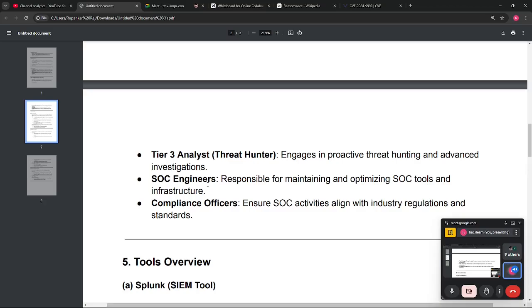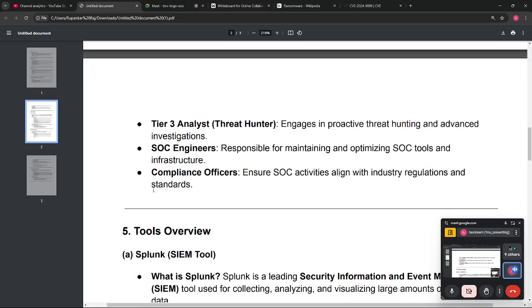So all this type of thing you do as a tier 3. That is a little advanced post, and as a threat hunter, you will be using a few tools like Elastic Stack or CrowdStrike. You may have heard about these tools, used to search for any unusual pattern or anomalies coming into the network, for analyzing system behaviors, and to correlate the data across multiple sources, and to detect any potential threats.